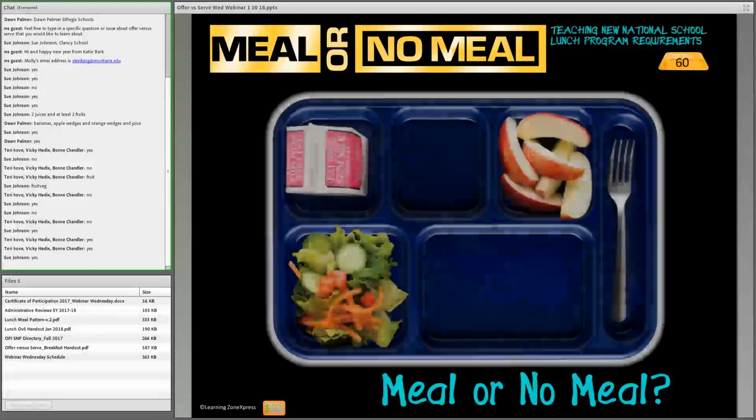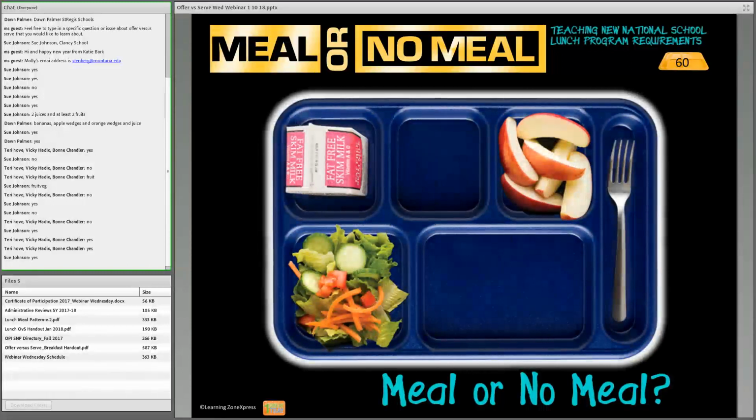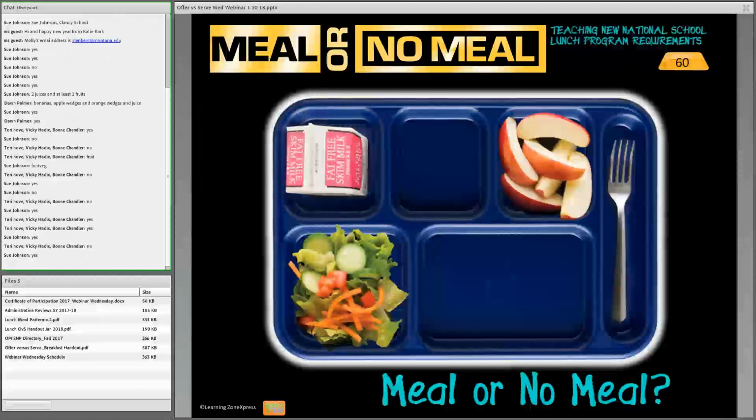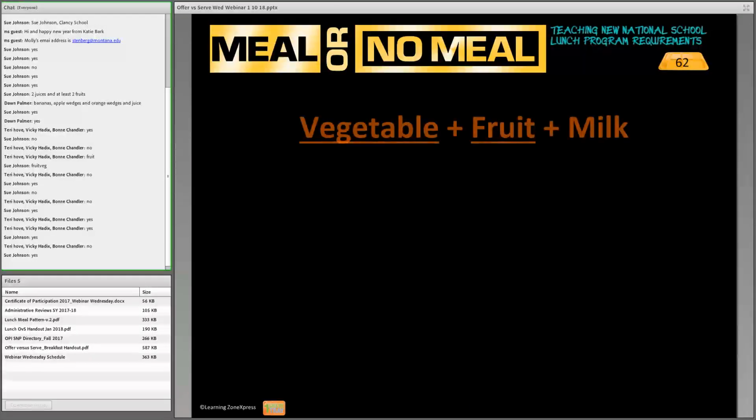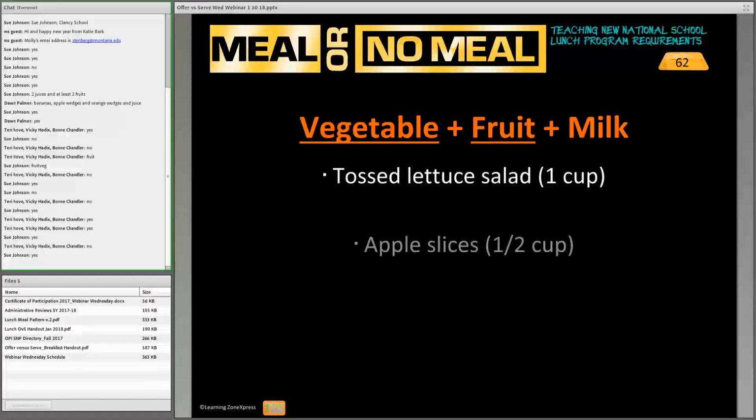All right, what about this? A milk, half cup apples, and half cup salad. Meal or no meal? Okay. It actually is, because the fruit and the vegetable each count as their own component. So you have a vegetable component, fruit, and then the milk. So this brings up a good